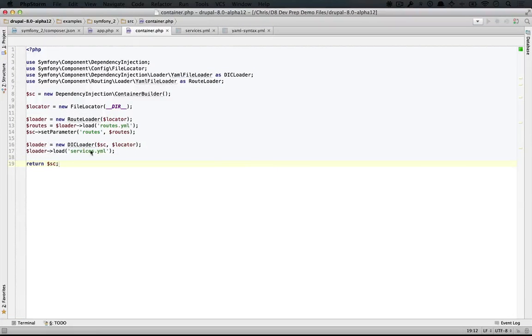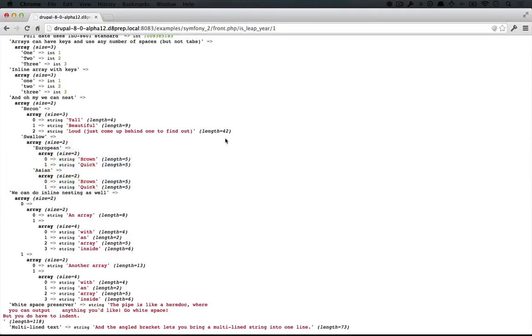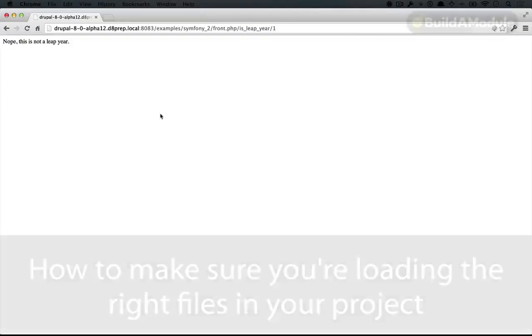And just to prove that it works, let's go over to the browser and refresh our front.php is leap year /1. And you can see that it says now, nope, this is not a leap year. So it looks like we're now using our routing component,